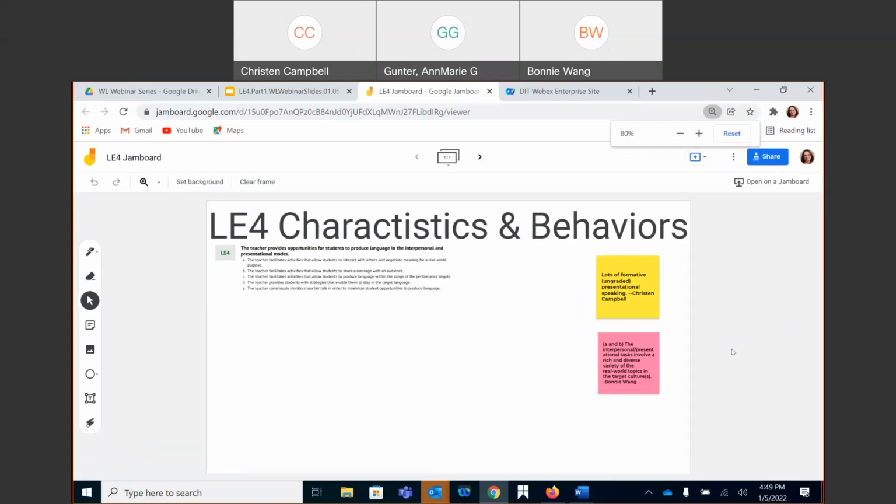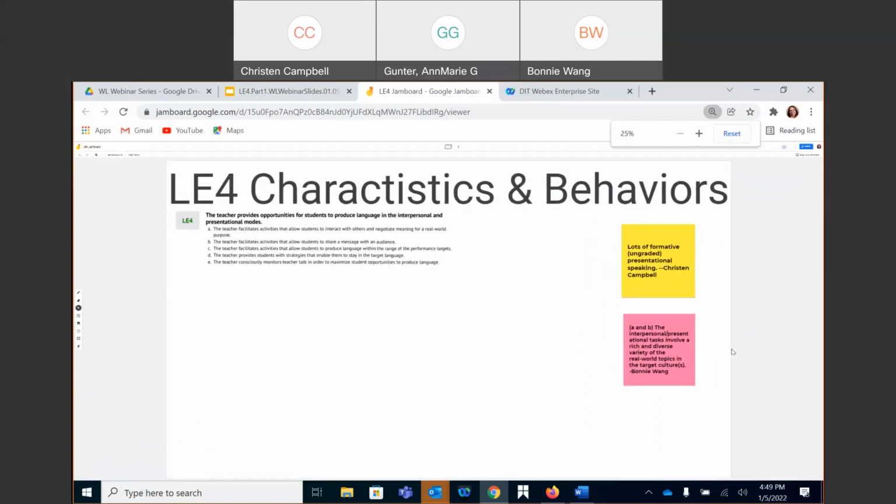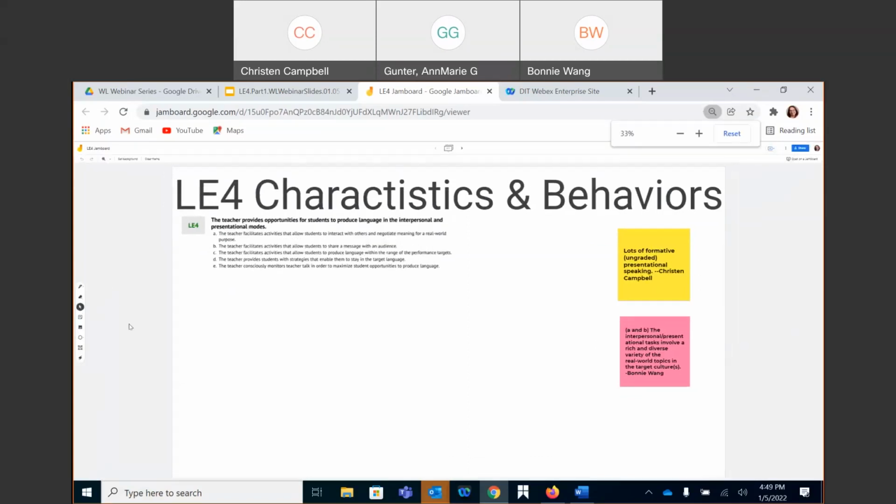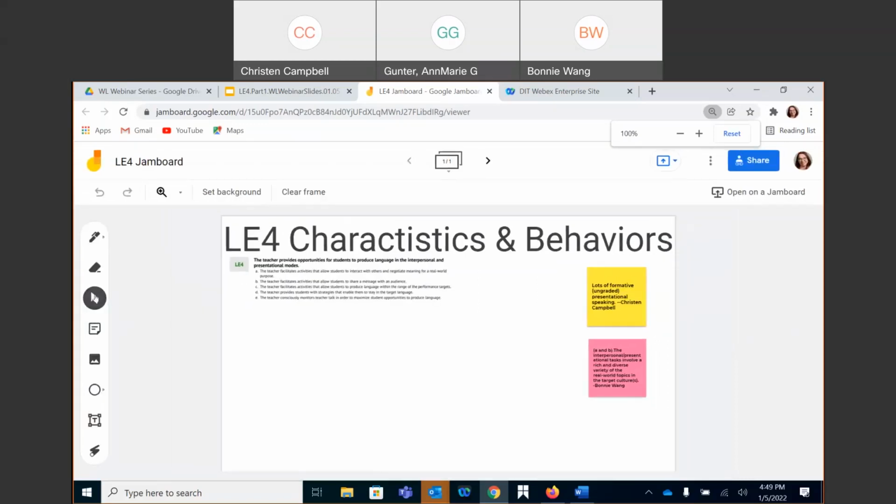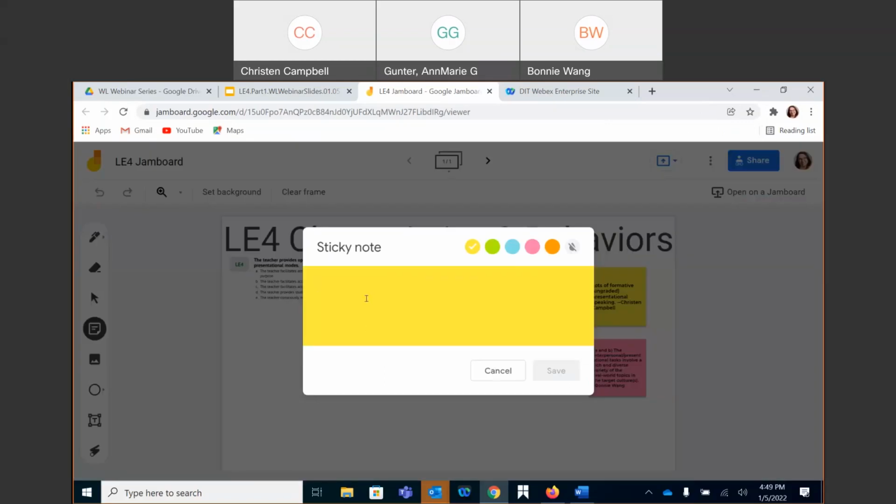And so what I asked two speakers today was to go ahead and do the sticky note on this Jamboard, and both of them were able to get that done, even with their busy schedules. So notice that they have chosen different colors for their stickies, but they have commented on the different sub-criteria and what you would actually see in their classrooms as evidence for that. So over here on the side is where you have your control panel. And like I said, you just click on the little sticky note. It opens up. You can choose a different color if you want, and then write the response.